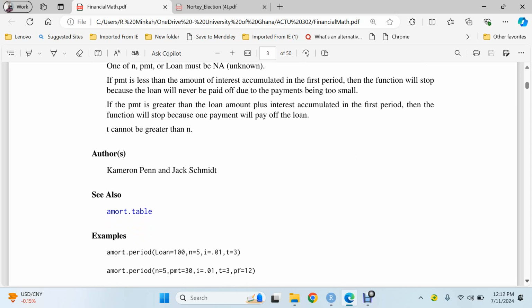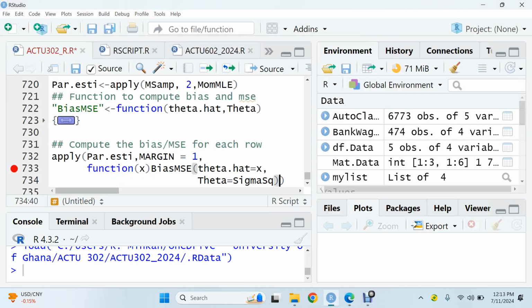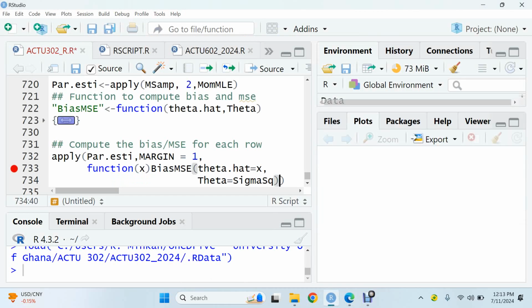However, I need to comment on it, so let me go back to R and make sure. Remember, if you need to use this, you must first